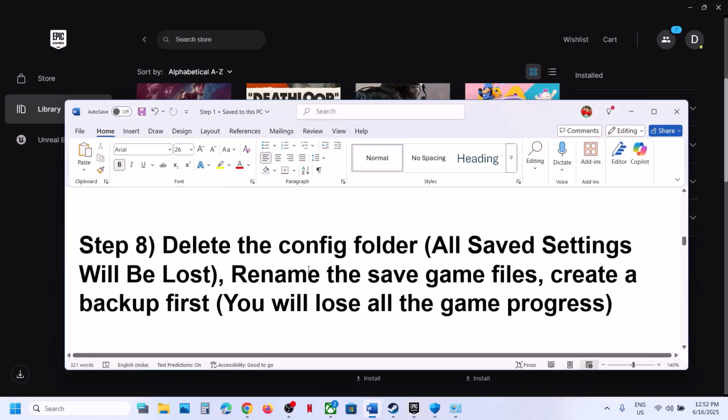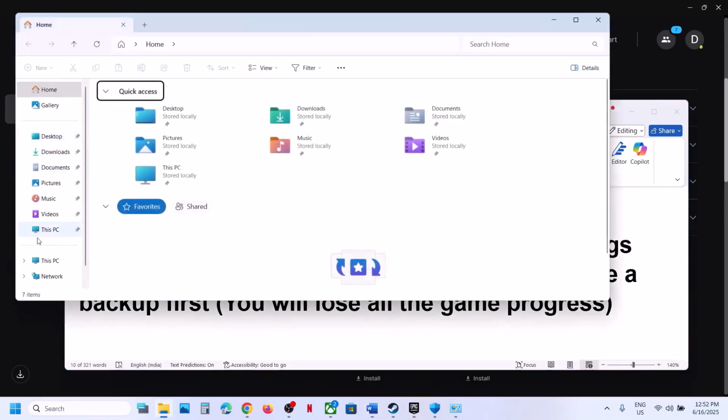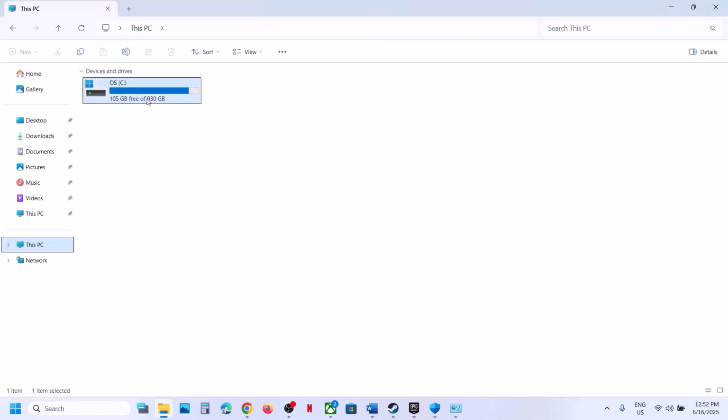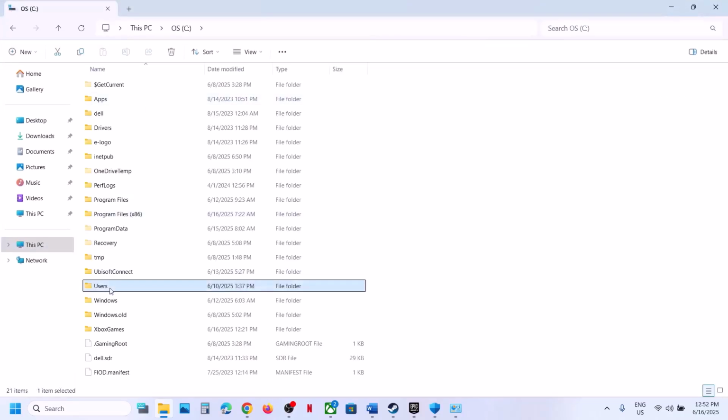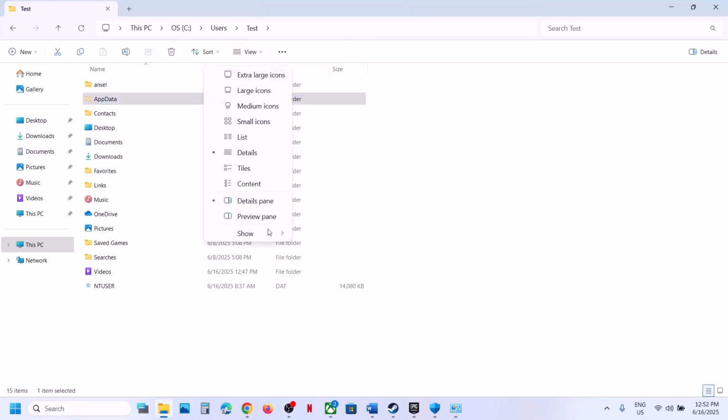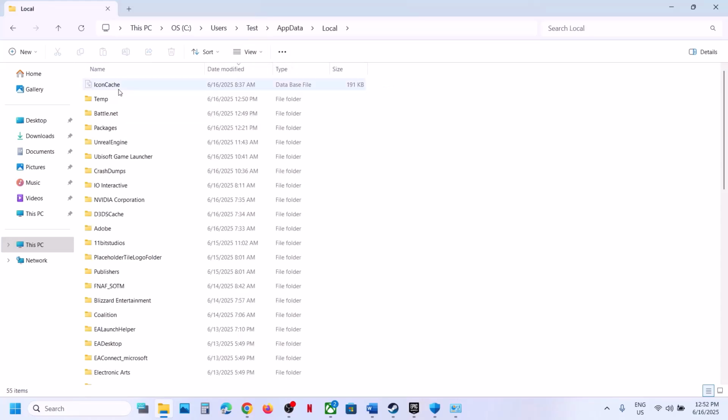Now the next step is to delete the config folder. When you delete the config folder, all saved settings will be lost. So to delete the config folder, you can open File Explorer, go to this PC. Now open C drive. Now open users folder, open your username folder, open app data. If you don't see app data at the top, click on view, select show, put a check on hidden items, and then open app data folder, open the local folder,